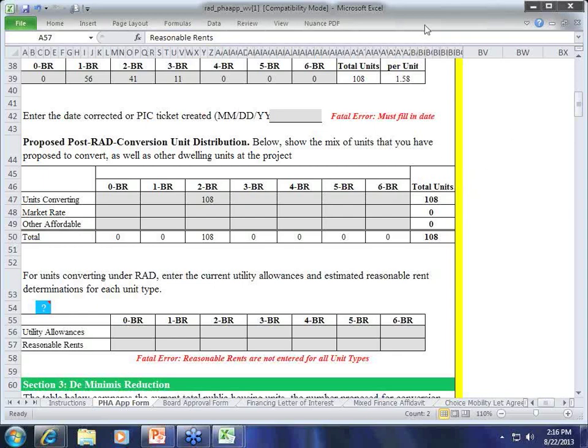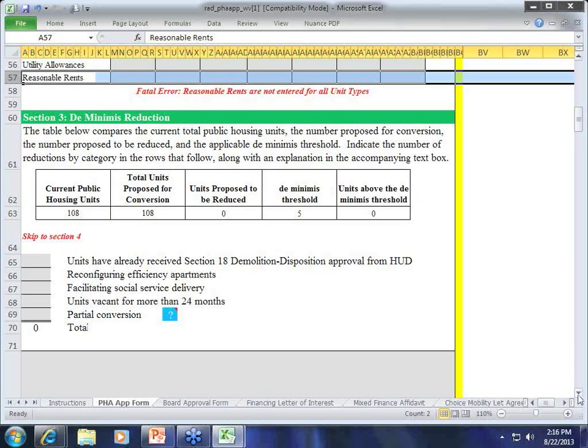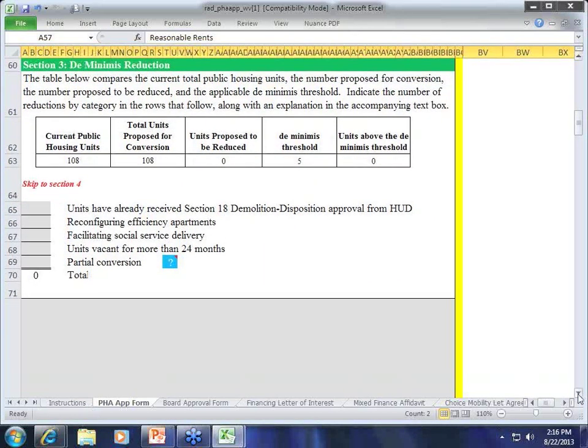Okay, so now we'll go to the next section, which is de minimis reduction. What this does is it starts off by saying, your property shows as having 108 units. You are proposing to do 108. Therefore, none are being proposed to be reduced. You could have gotten rid of 5 units without any question, because there's a 5% de minimis reduction threshold, and so you're not above it. In other words, this is pretty easy. When you start off by essentially replacing all the units you have, there isn't much to do in this section of the form. You're not